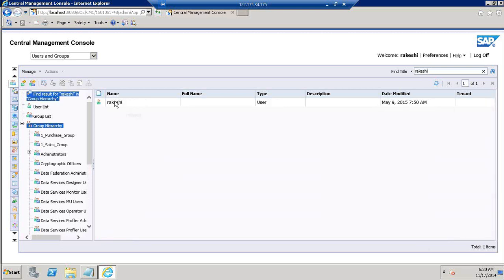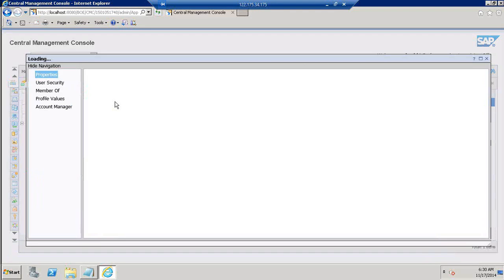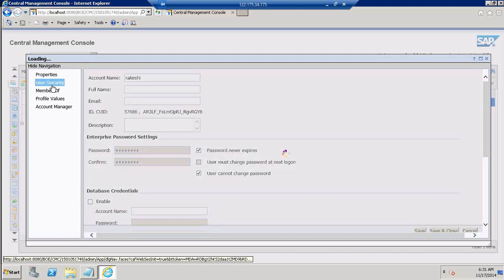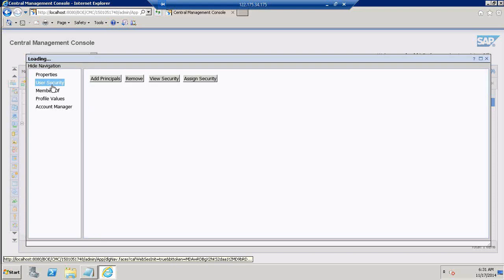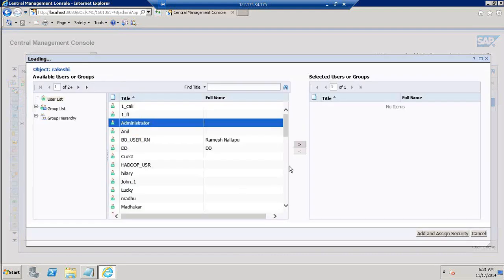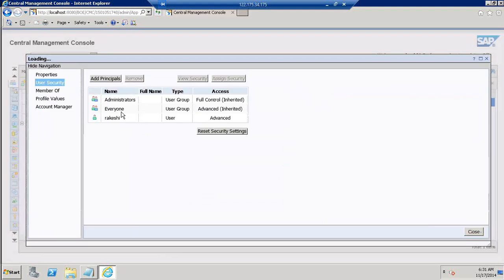Once I create this one, it takes me to this screen where I create my username and my password, and then I go to the user security, and here, by clicking on add principals, I'll be adding different levels of authentication. Is that an administrator, or a normal user level? You can map some users' authentications to you, or you can map a particular group authentication to you. You can just add it to the right-hand side and say add and assign, and once you do that,